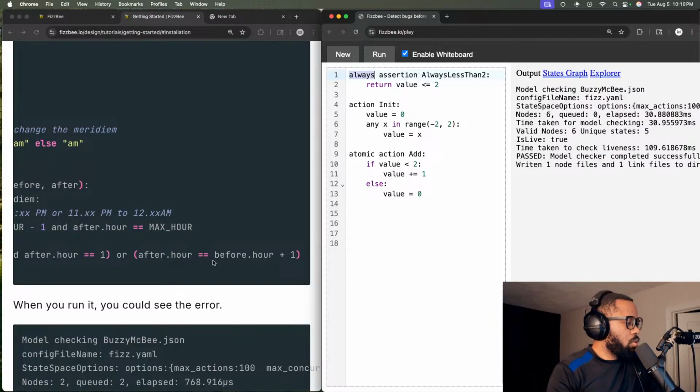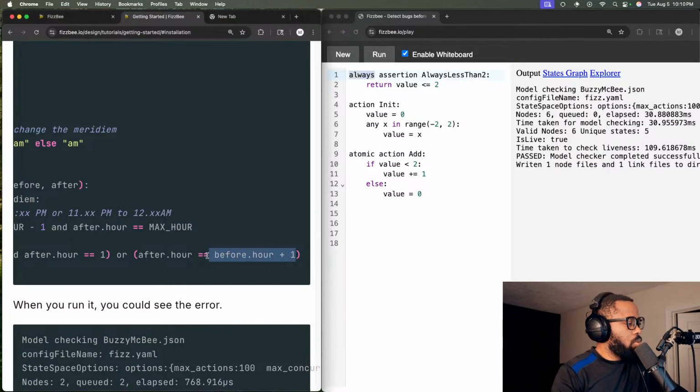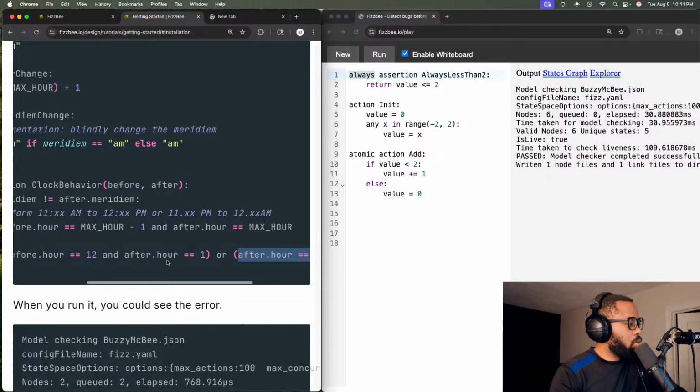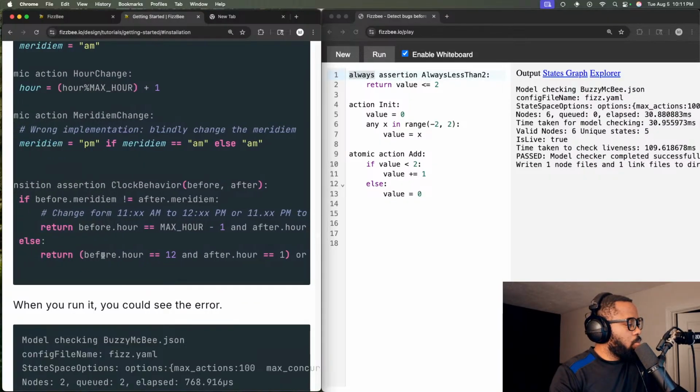After hour is equal to before hour plus 1. Yeah, okay, this is straightforward. If you're 1 p.m. and 2 p.m., then it's just an increment. If you're going from 12 to 1,